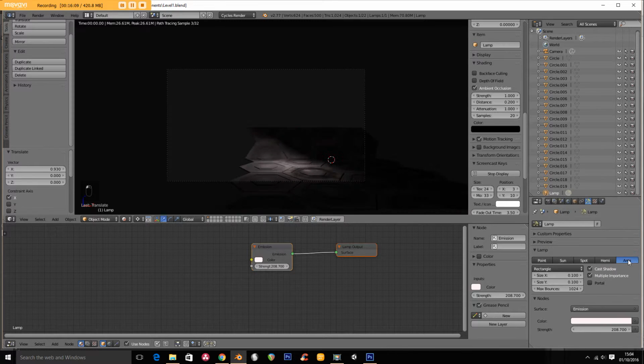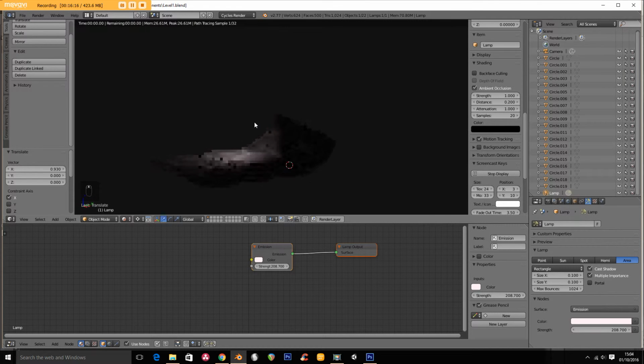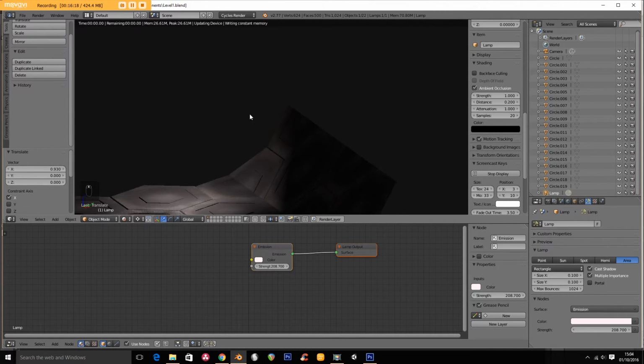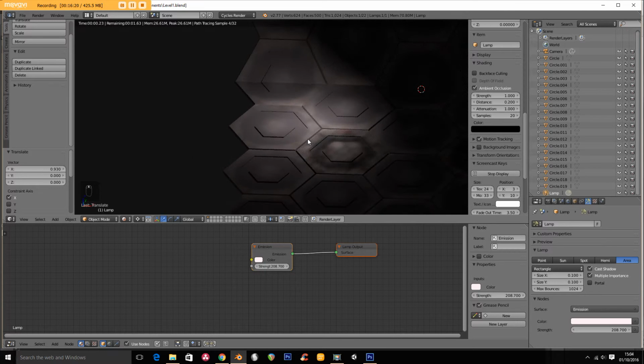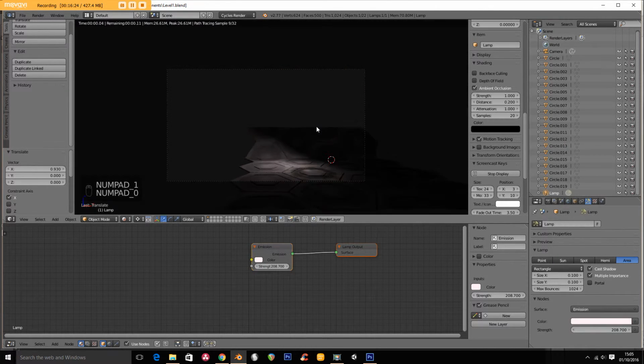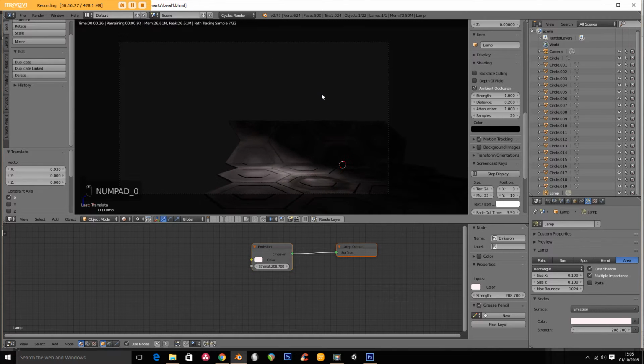Make it into a hemisphere or an area lamp, or we can do a lot with it. And we don't have to worry about this, what we see is what we get. So, that's not too bad in terms of our level design. Okay, so I'm just going to save it at that, and you can see it's modular,